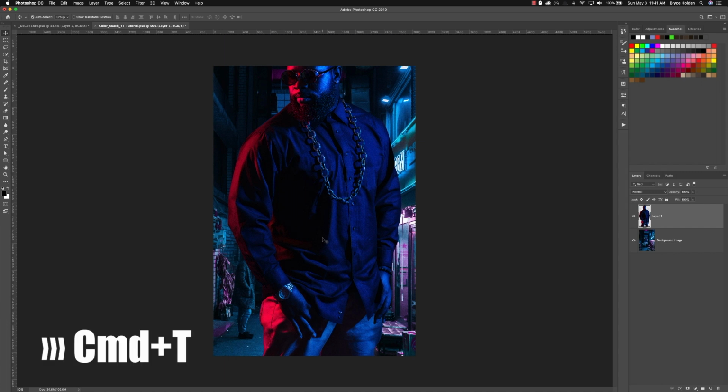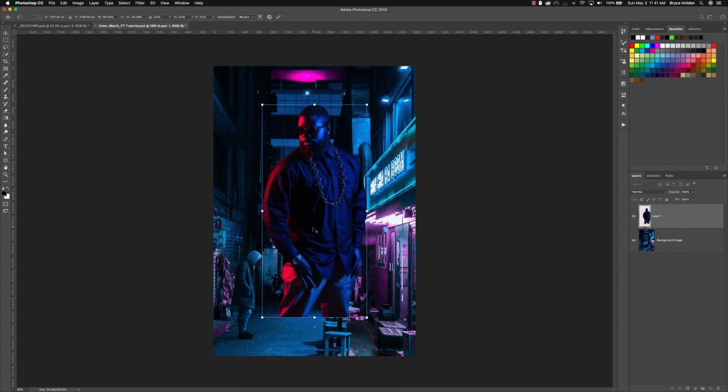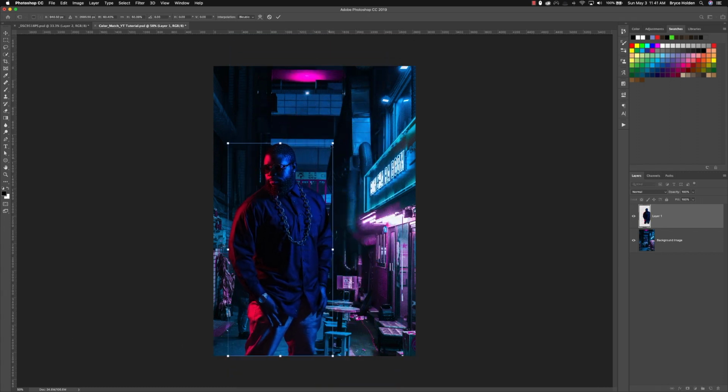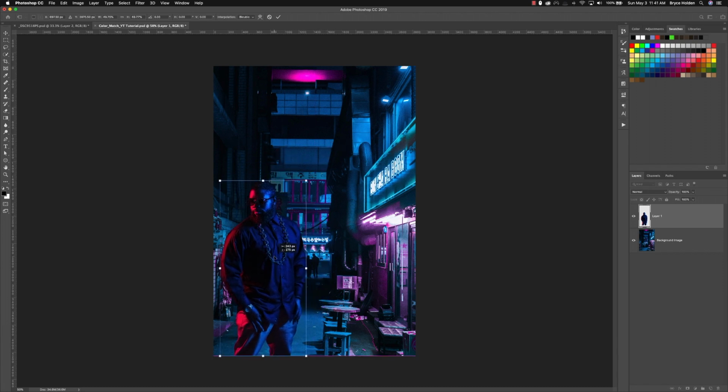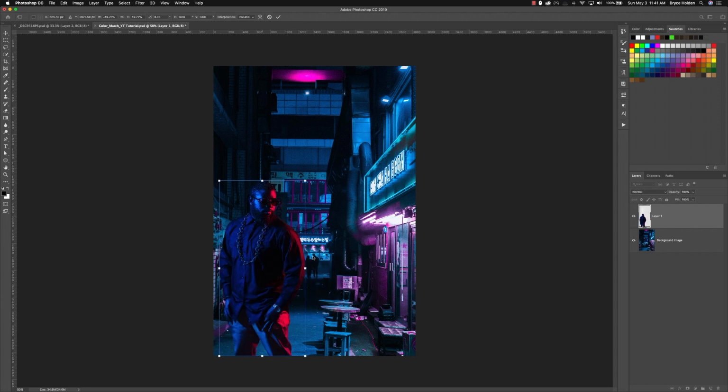We're going to press Command T to bring up the transform tool. We're going to resize with Shift and Alt or Option. Get it somewhere about there. I'm just going to cover up this guy that's over here. I'm also going to right click that and flip horizontal just to get my red closer to this pinkish neon light that's over here. I think that'll help this picture blend a little bit better. Press return to commit those changes.